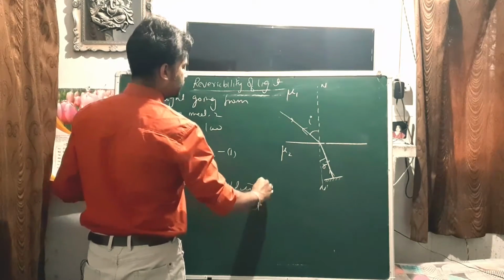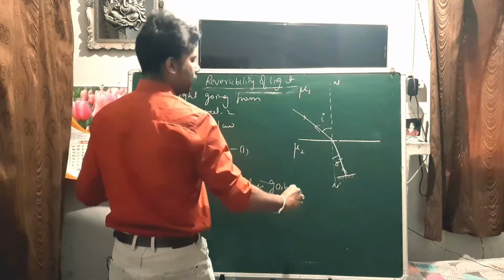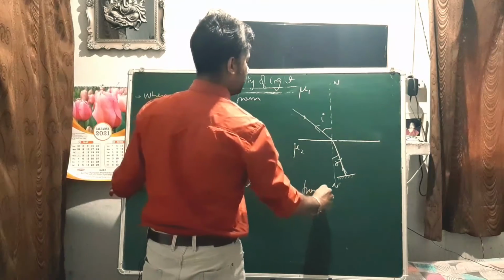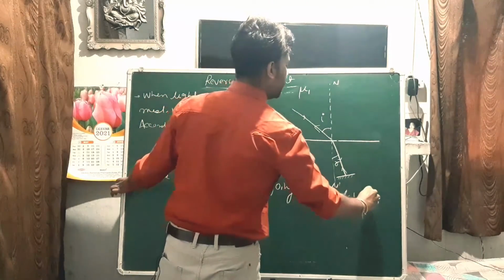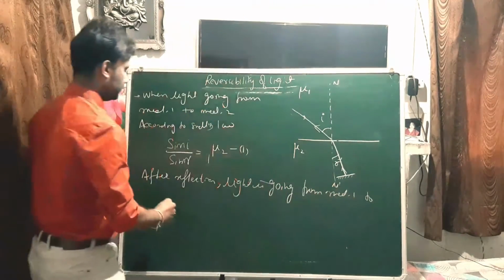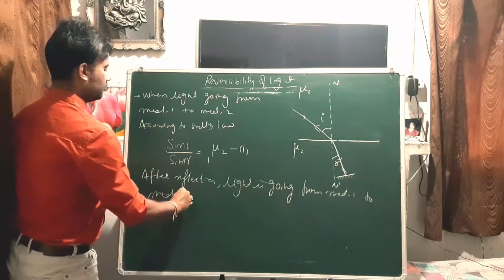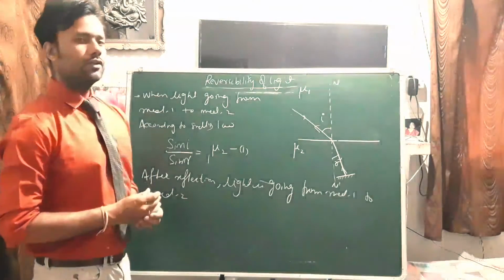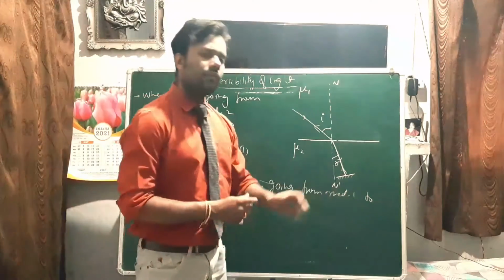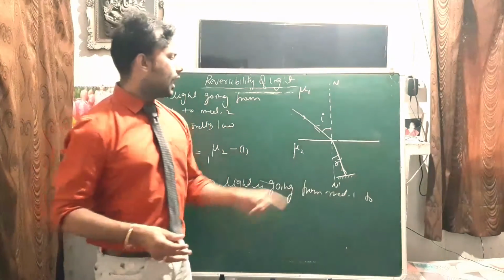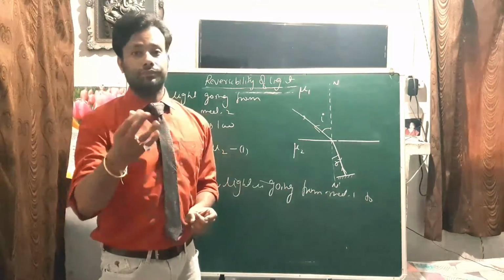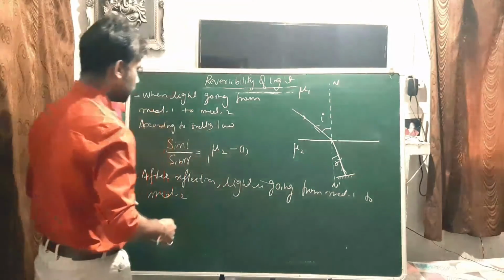Light is going from medium 1 to medium 2. Now according to Snell's law, this R will become the angle of incidence and the I will become the angle of refraction. So according to Snell's law,